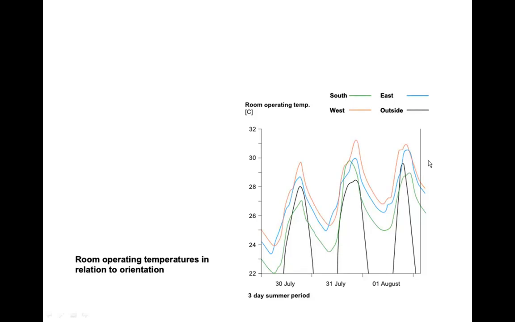If we then put our west on, you see that the west facade is performing the worst. So we're peaking up here in the sort of 31 degree range, and at night we're only dropping down to about 26, 27. So that's a kind of overview of that west facade. And as we mentioned this morning, the problem is that with the west facade, it's very difficult to block out the sunshine. Now if we just go back quickly to my site plan,